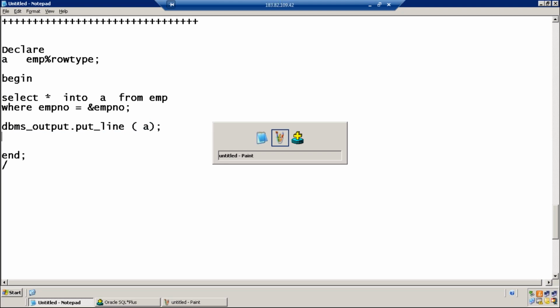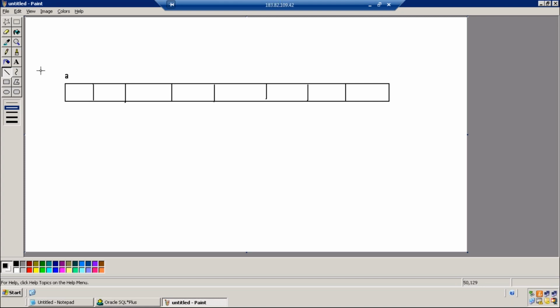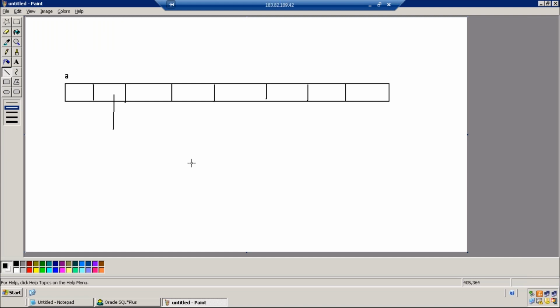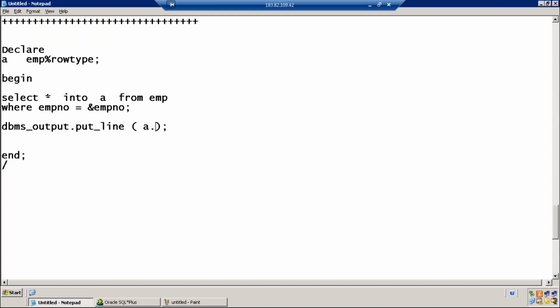No. We cannot print a row type variable. If you want, you can print a particular column in the row variable. You need to pinpoint a particular column in the row type variable. If you want to display employee name, you should write A dot column name.